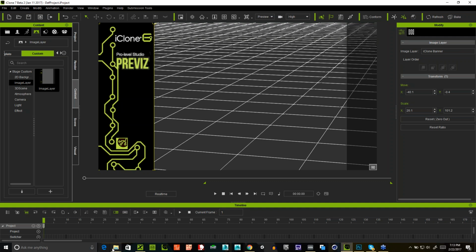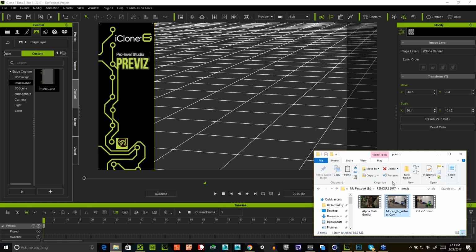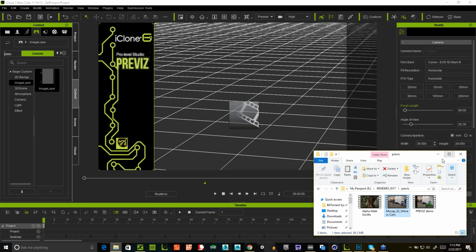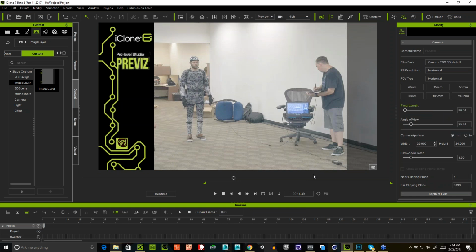But before we do that, we're going to go ahead and grab our witness camera. It's very important that if you're using a witness camera, you set it up in a way that you can utilize that inside of iClone or another tool that is beneficial to your animator. Okay, so in this example you can see that I'm just going to drag and drop this over to my viewport. I'm going to go ahead and use Ctrl G to toggle off my